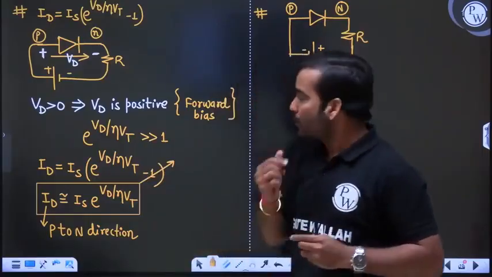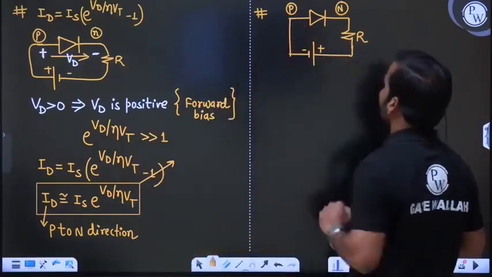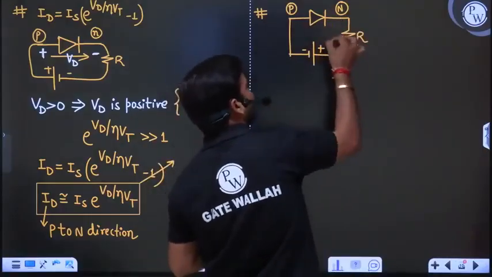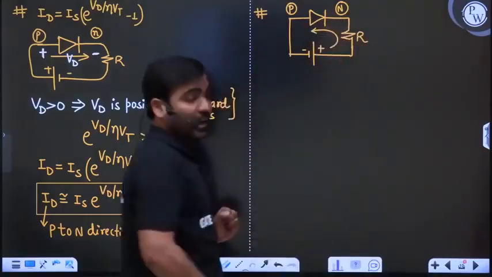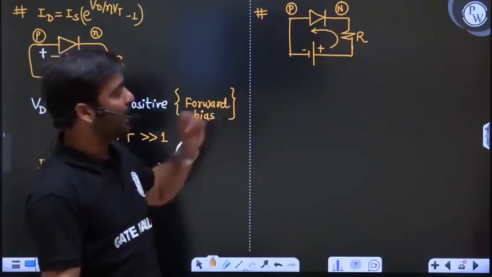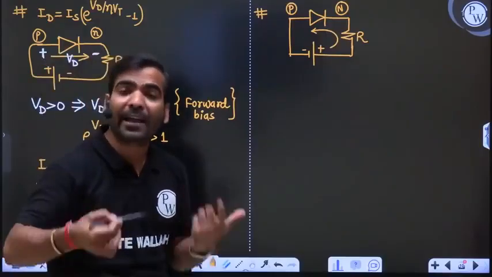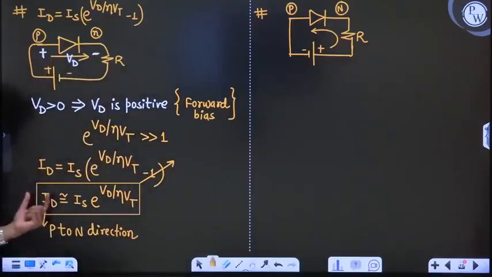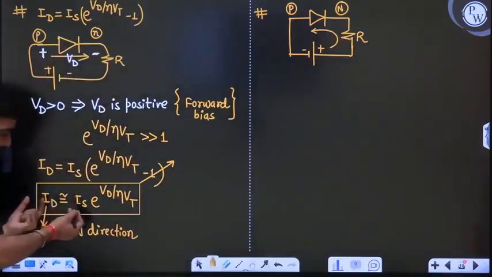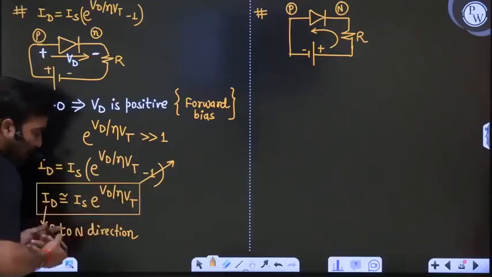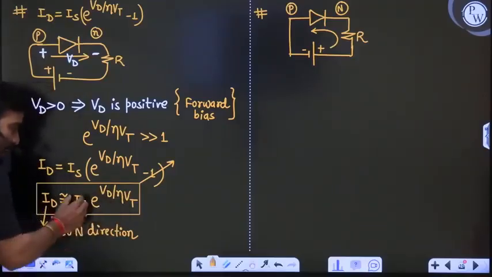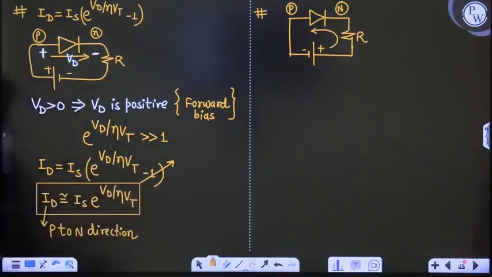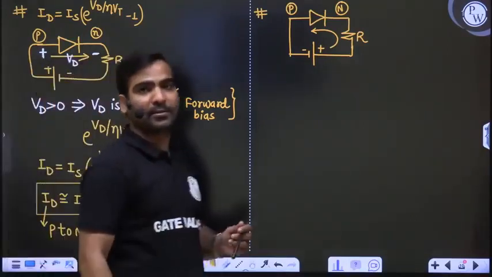So meaning is that this is the case. N side positive, P side negative. Current wants to flow like that, but the diode says, I will not allow current in N to P direction. Now the question is why? In the forward case, the current is nicely explained by ID equal to Is e to the power of Vd upon eta Vt. This is a very large number. Is is some number multiplied by a large number. This current is in the milliampere range, if we calculate.